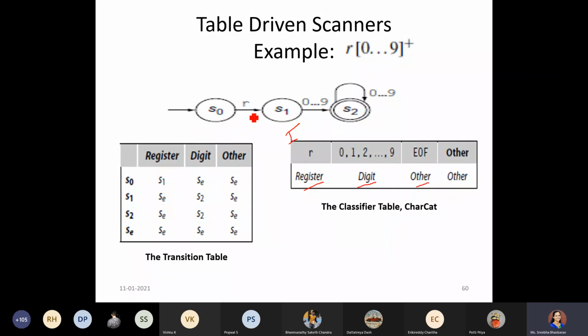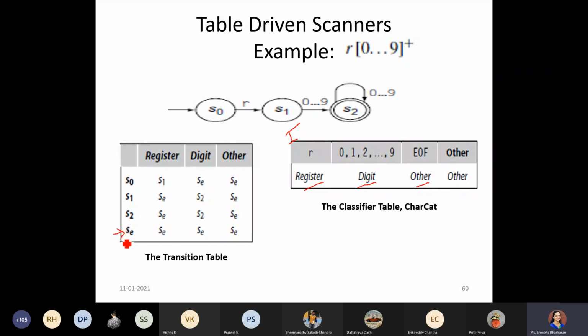So if you come across the character R, we will be in S1 state. With respect to digit, we would reach the trap. That is what we were saying. Since we were discussing with respect to programming, we will call it the error state. Similarly, if any other character comes, then also we will reach the error state. Similarly, for all the other states also we will mention. And last, we will have an error state also defined.